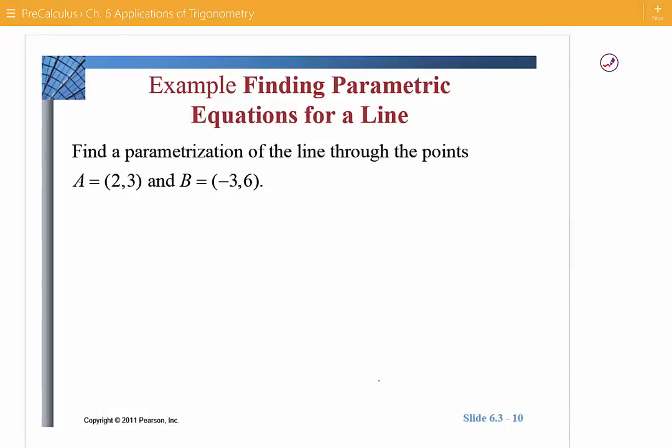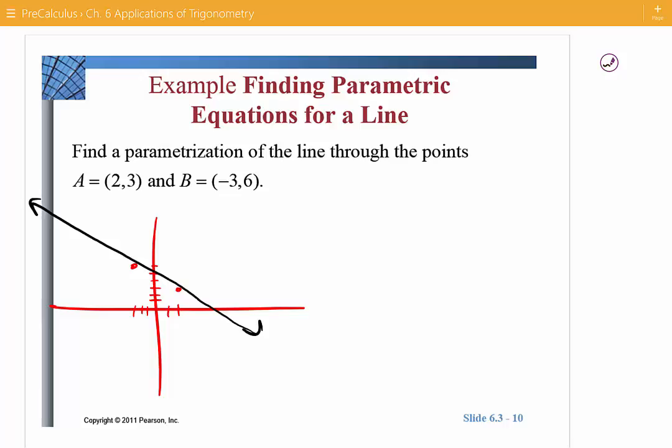parametrization of a line through these 2 points. So I'm going to graph both these points, 2, 3, is here, and then I have -3, 6, is up here, and I want a line that goes through these 2 points. So this is the line I'm looking for. Now I'm going to draw a vector from here to here, and also a vector from here to here. I'm sorry, this is my vector A, which is 2, 3, and this is my vector B, which is -3, 6. Alright, so what I'm going to do is draw a vector that goes from here to here,